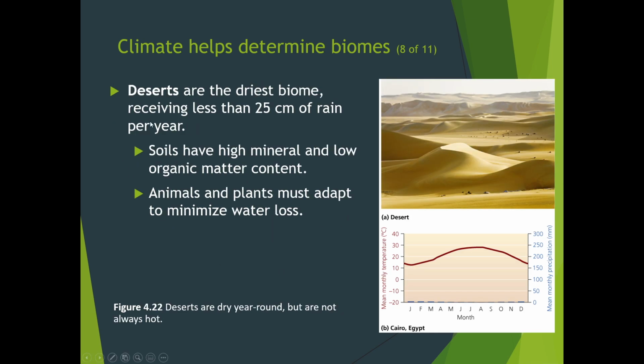So we got the deserts, of course, which is the driest biome of all, receiving less than 25 centimeters of rain per year. Not much lives here. All right, very little diversity. You can see the temperature is consistent, but there's very little rain. All right, and nothing's gonna want to live out there, even us humans, without that rain.